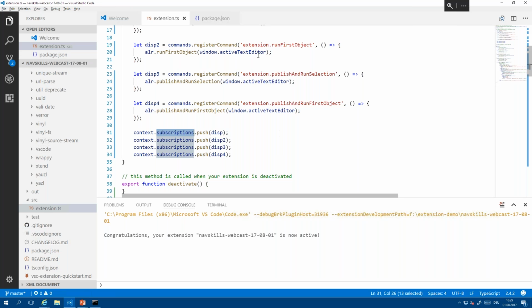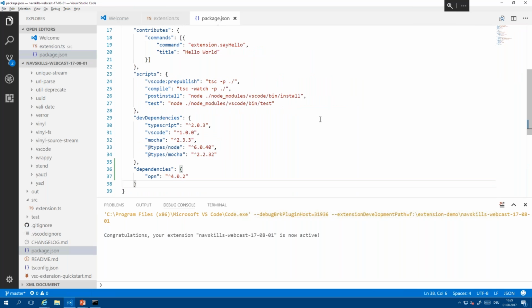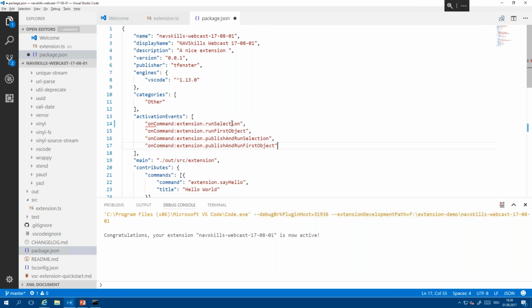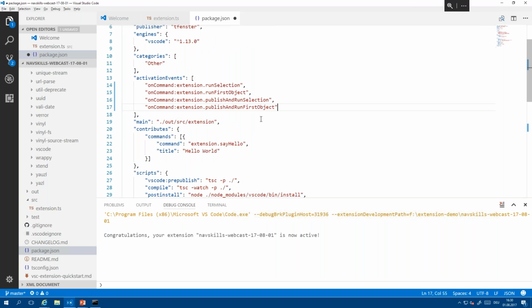We don't have only to define the code for that, we also have to define it in the package.json file. And you can see here that we have something called activation events. This defines when our extension is going to get activated, and I'm replacing this with those four lines. This means whenever one of our commands is going to get run, then the activation takes place and the code is initialized, and VS Code then runs exactly what we want to run.